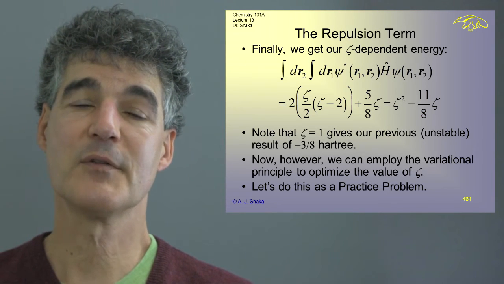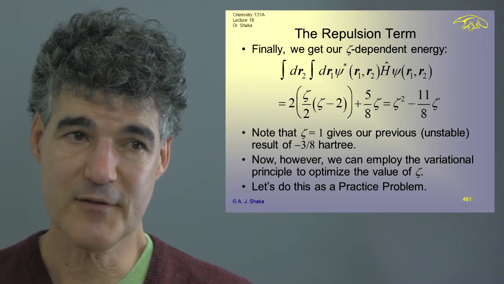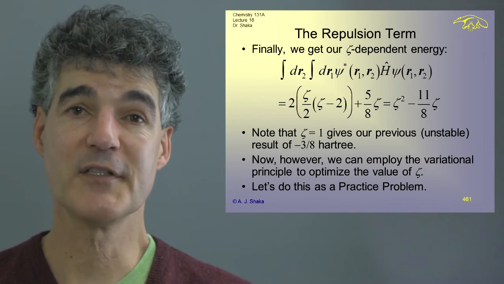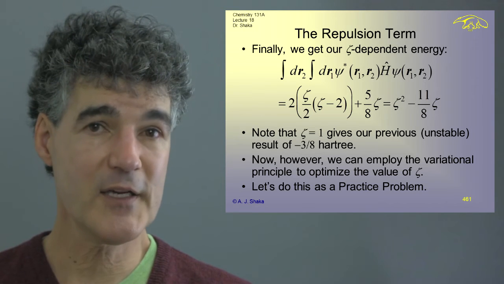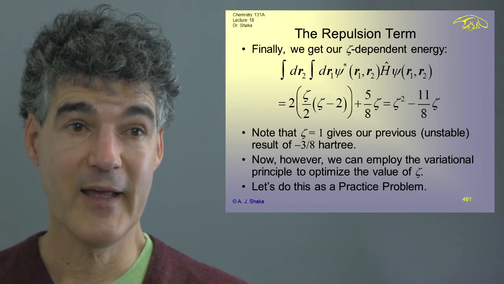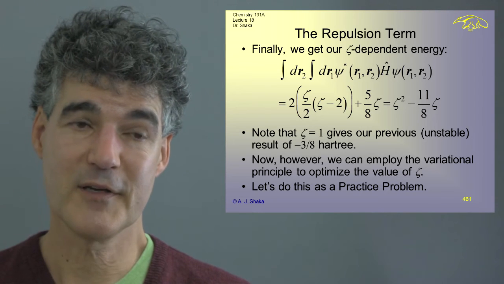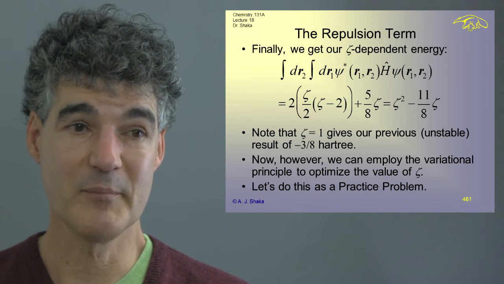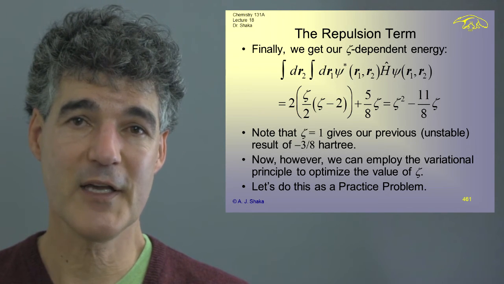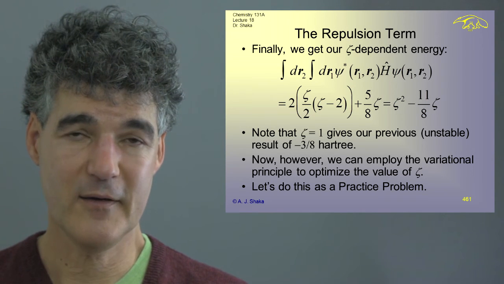And when zeta is equal to 1, we get our prior value of minus 3/8 of a Hartree. Now, however, we have this energy as a function of zeta. We have the variational principle that says when the energy goes lower, you did better. And this kind of function with a quadratic and a linear term with different signs clearly has a minimum. And so we can optimize this by the variational principle and get a much better estimate of the energy of